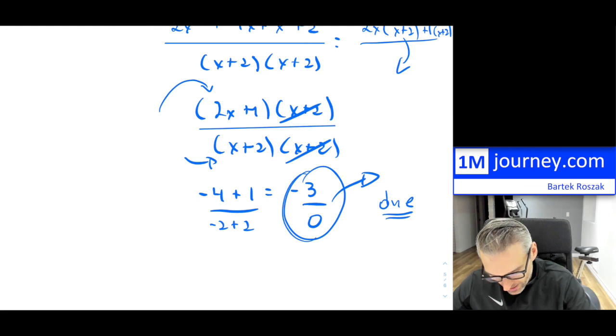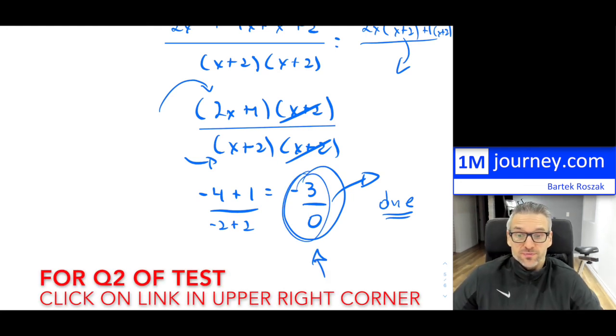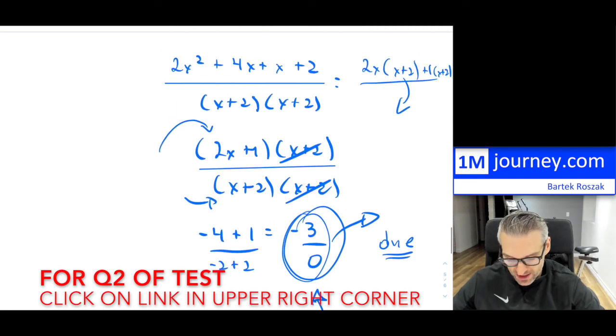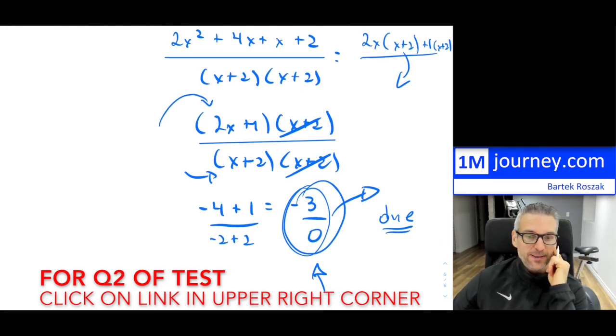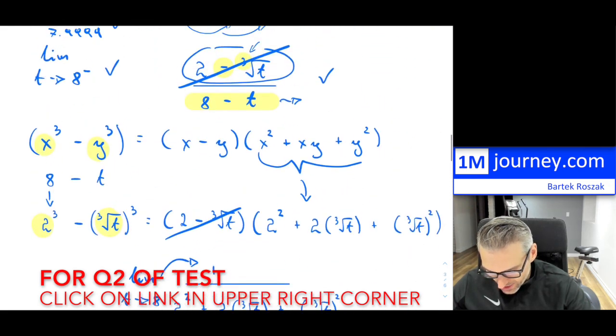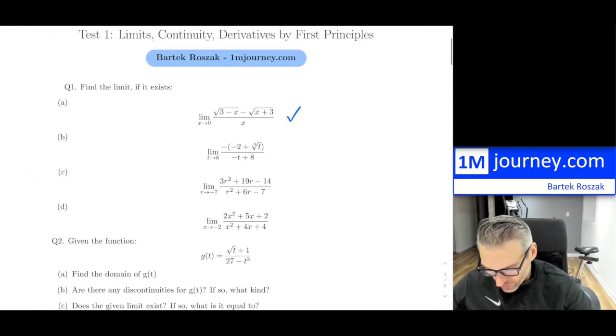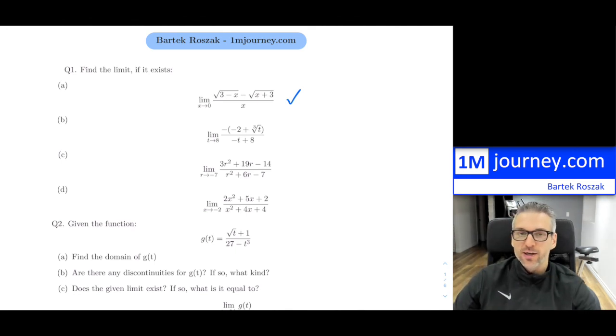If you do run in and you get undefined, there is nothing else that you can do. If you get 0 over 0, you can massage things out, as you saw. But if you get a number divided by a 0, which is undefined, it means there's no limit. So the limit does not exist. That was question number 1, and a really, really hard one. As you can see, it took us quite a lot of time to try to complete. Okay, let's